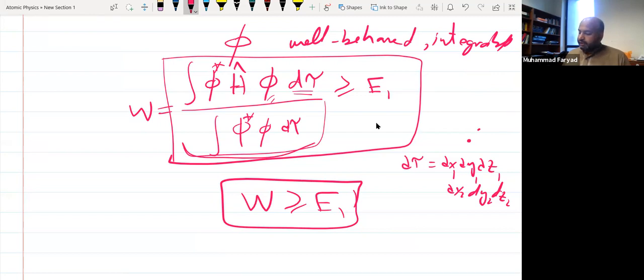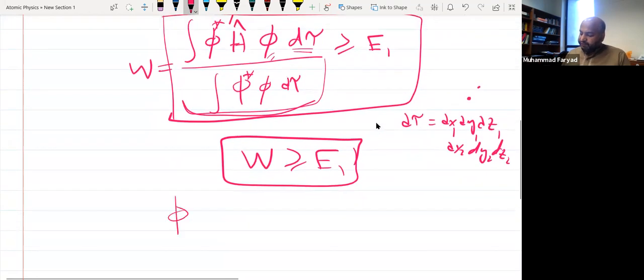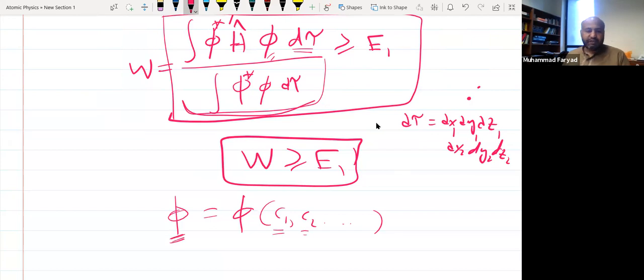So it means that I can choose phi with some parameters, let's say parameters C1, C2, and so on. And then once I have this phi with these parameters, I can vary these parameters C1, C2, etc., and find the parameters where this W is minimum,